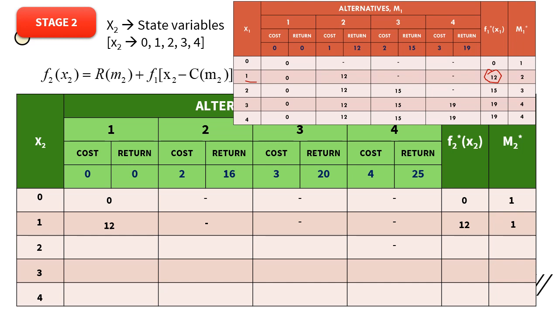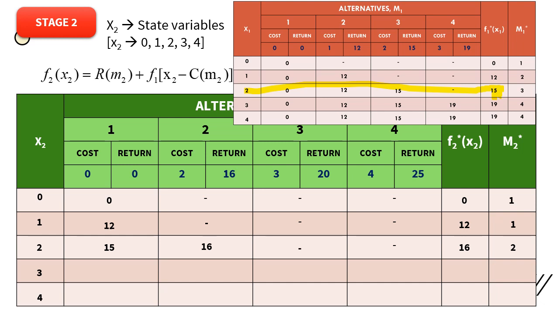Next, 2 crores. For 2 crores, I'm not spending any money in plant 2, but I can spend money in your previous plant. For 2 crores, my best alternative is 15. So I'm spending 15 here. So my maximum return is 15 here. And if I spend the entire 2 crores in this plant, I will get 16. So I don't have 3 crores here, so that will be 0. So the best is 16 here, and the best alternative is 2.